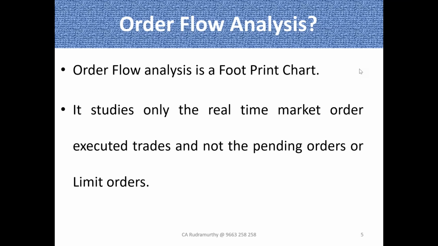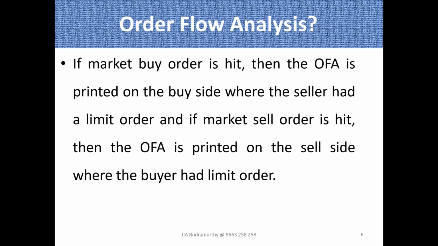I repeat, what you see as the top 5 best buyers and top 5 best sellers are always unexecuted pending limit buy orders and pending limit sell orders. But order flow considers only executed orders and only market orders. And just to proceed further, if a market buy order gets hit, then order flow will always be printed on